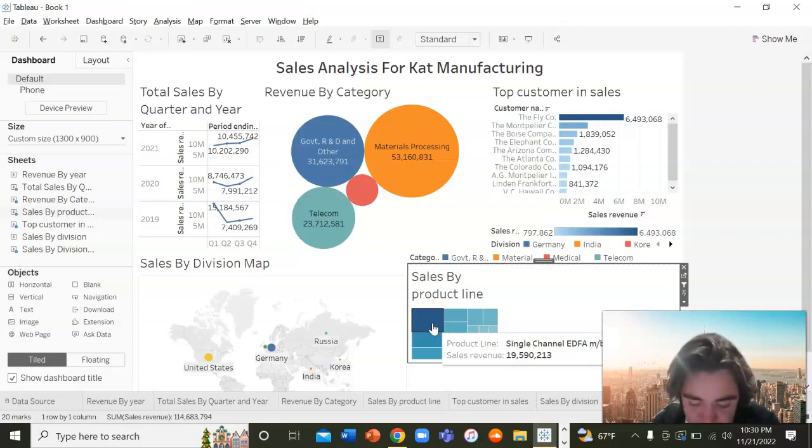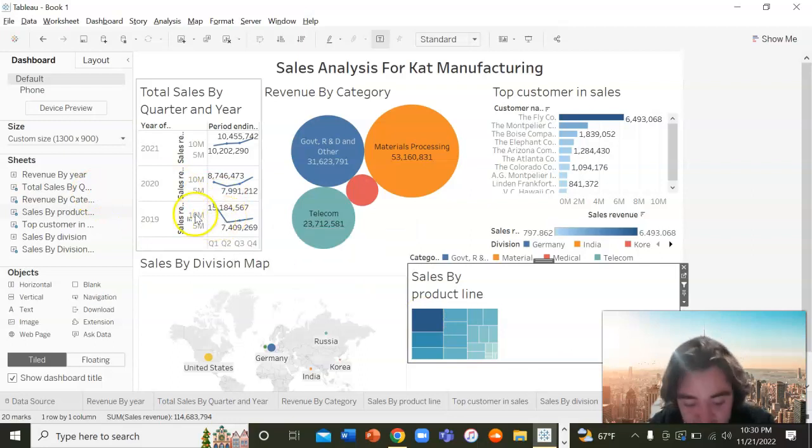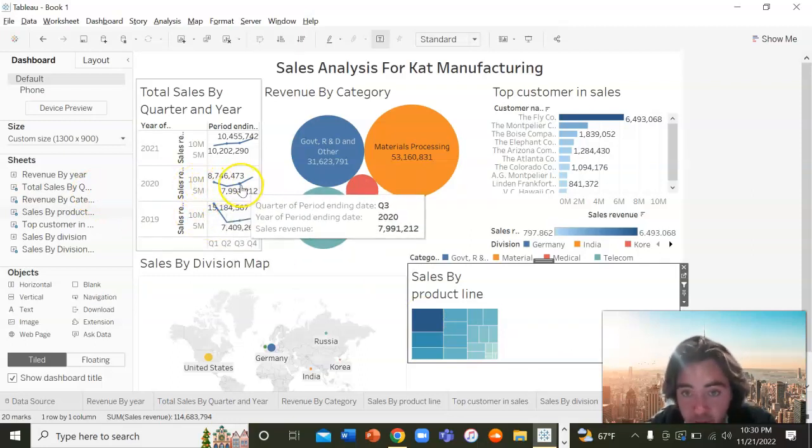To answer a couple of questions, the total sales revenue for the third quarter of 2021, this right here, what we can do is we can actually click on the third quarter here of 2021, and we can actually see here the total sales revenue is $7,991,212. The second question we have to answer here is what were the total sales revenue for the medical category in the second quarter of 2021. This we found as